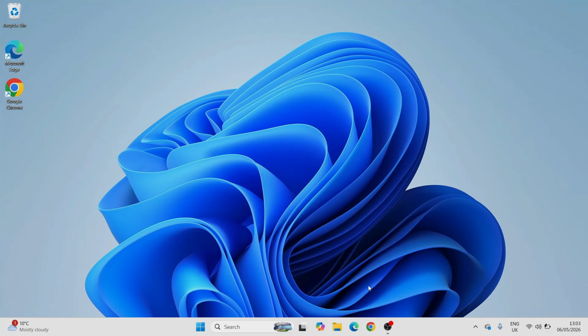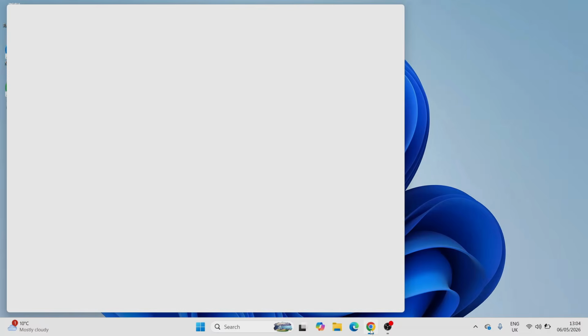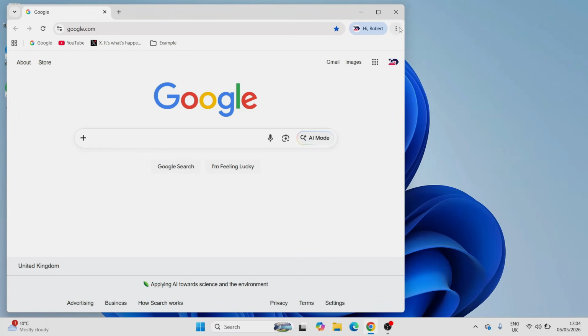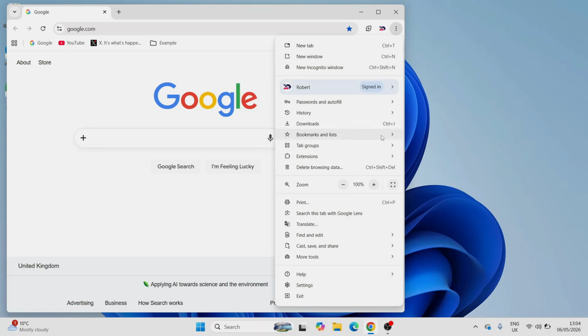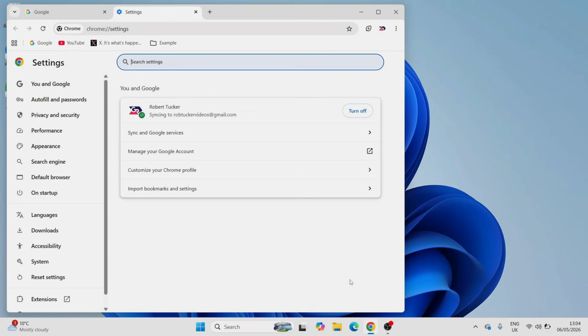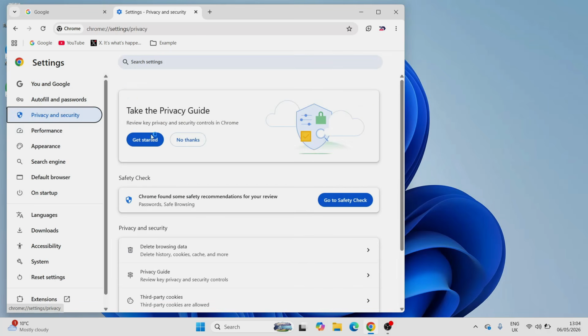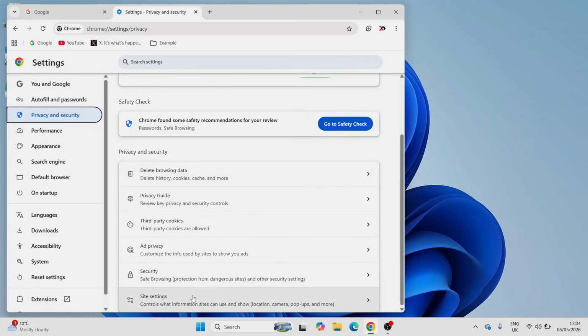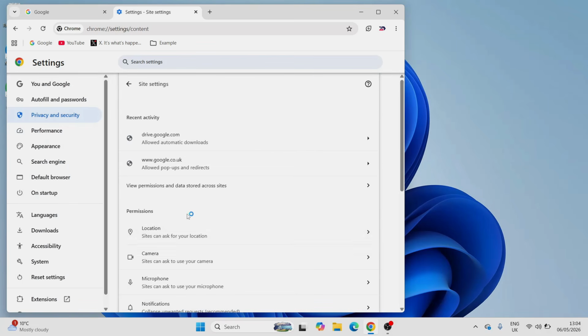First of all, we're going to check the permissions in a web browser. So I use Google Chrome, you may use a different one and it may be similar or slightly different. But what you need to do in Chrome is make sure it allows websites to access the camera, otherwise it's not going to work. So in the top right of Chrome, you can press those three dots, come down and press settings. You can then go over to the left and find the option for privacy and security. Scroll down and find site settings at the bottom and you can come into permissions and